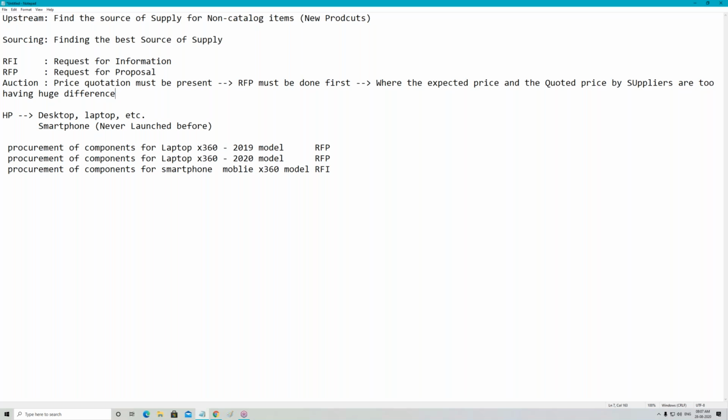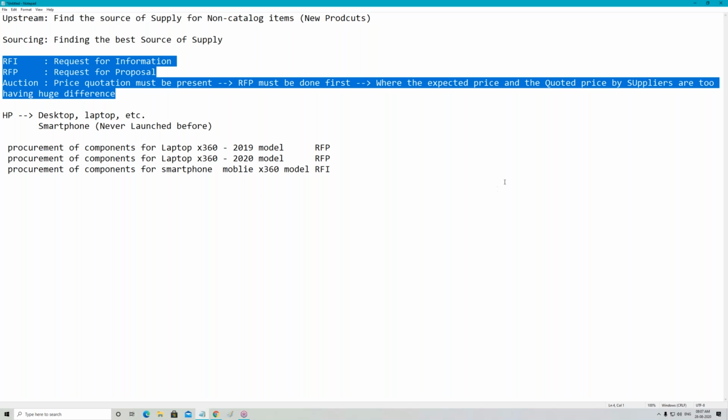Now we should be very, very clear on this part. All of you are going to say to me, Manoj, you have basically wasted 30 minutes just to make us understand when we will use RFI, when we will use RFP, when we will use auction. And I will say, all of you are damn right in this case. Why? Because first of all, we are showing you how the process is different from other things like SRM and ERP over there from Ariba. Second thing is that we are not doing this on coincidence.